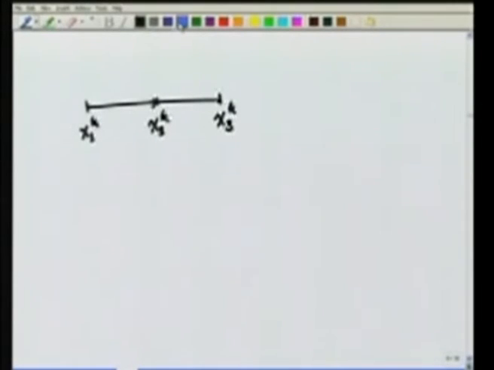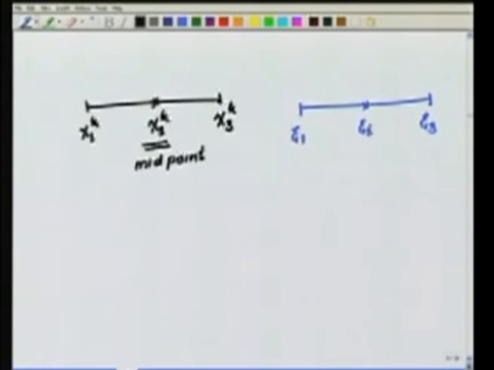and in the master domain the corresponding points will be psi 1, psi 2, psi 3. Now, the way we had defined things earlier, the point x2 of k is at the midpoint of the element. So if I do the mapping, this point psi 2 will be at the location 0, which is the midpoint of the master element. And if I had defined a shape function in the physical domain, let's say the first shape function like this,